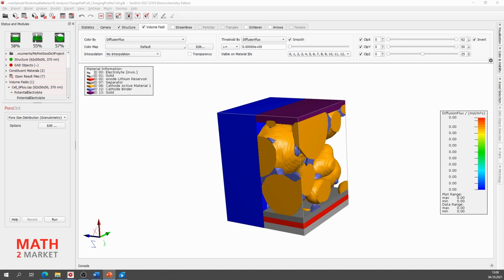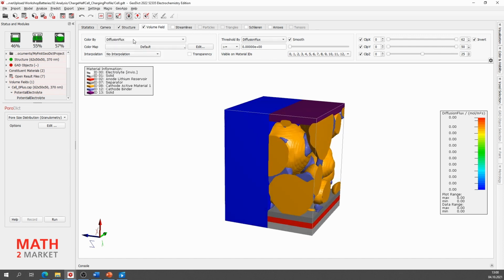So now we can choose which one we want to have seen. The diffusion flux is not looking so interesting here, for example.